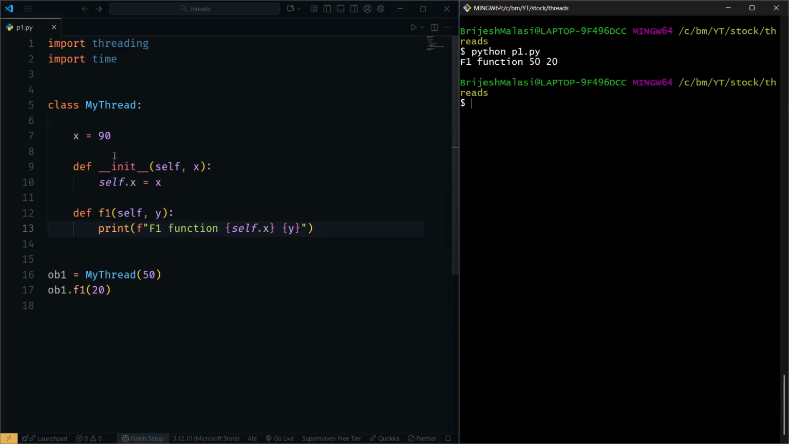So why 50, why not 90? Because this global variable x has been overridden by the constructor value 50 here. The priority goes to the constructor. So in short, the class keyword is used to define the class, and underscore underscore init underscore underscore is used to define a constructor. The function name you can define with any word, and def is a reserved keyword to tell Python that this is your function. If you want to access it, you have to create an object first,